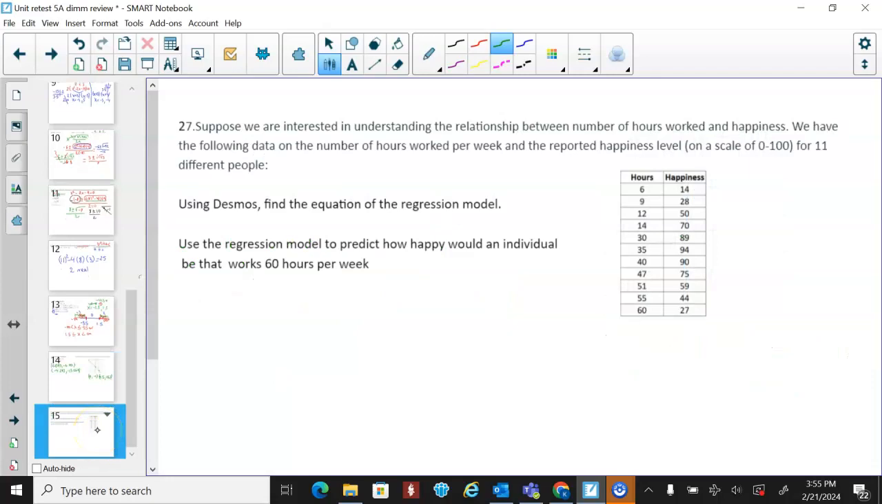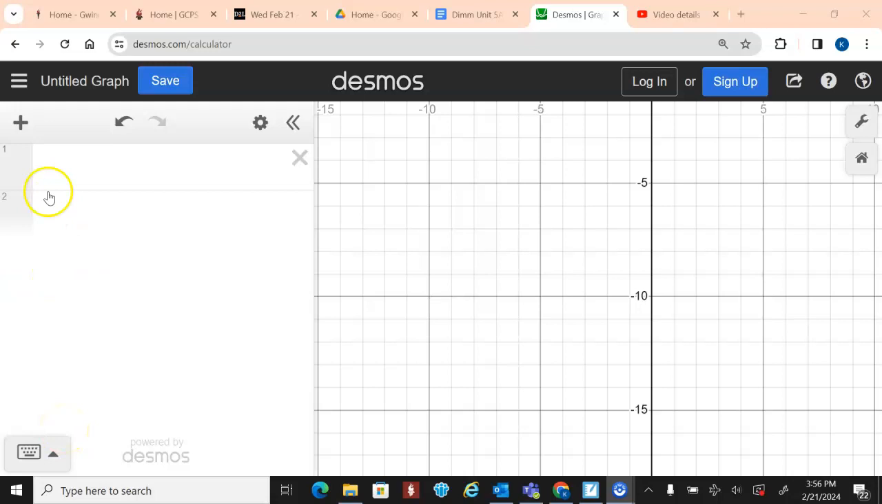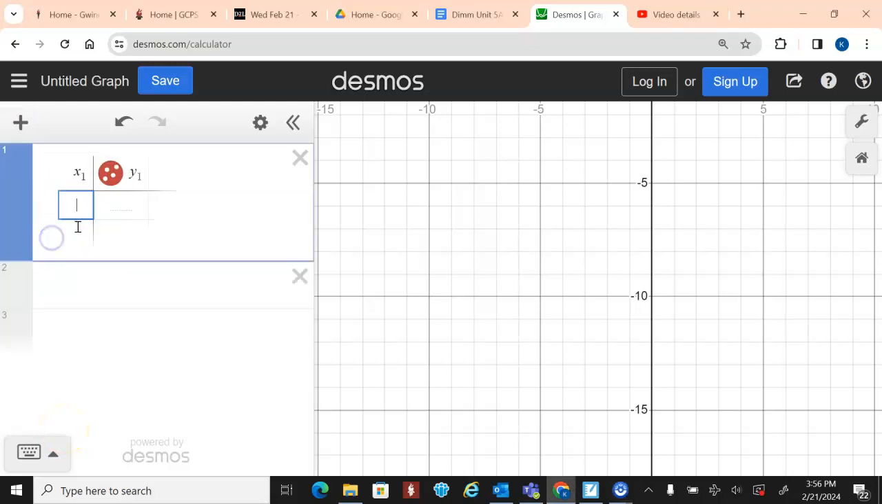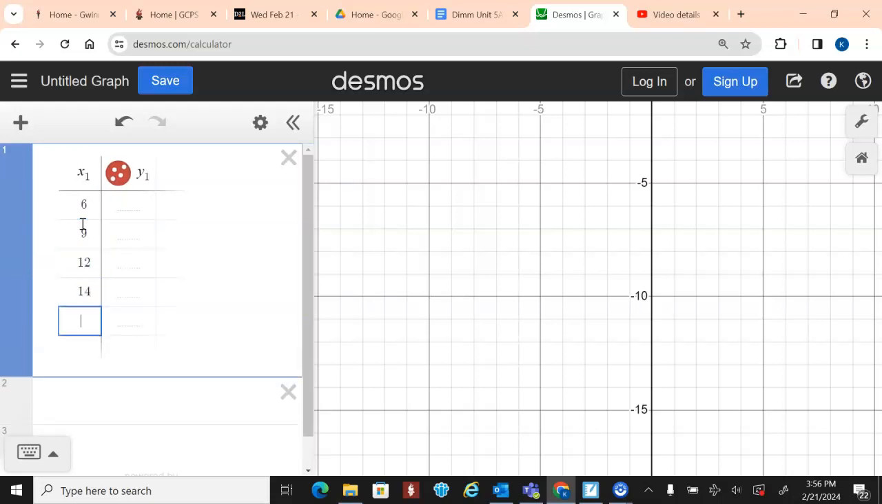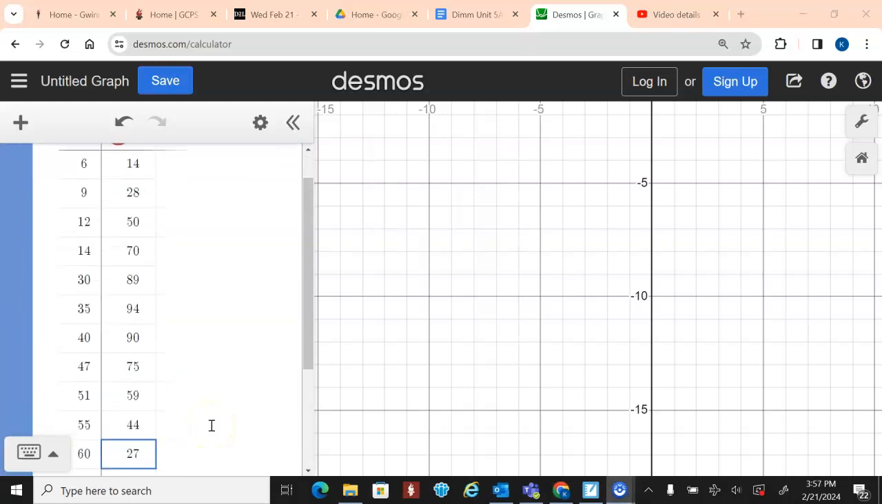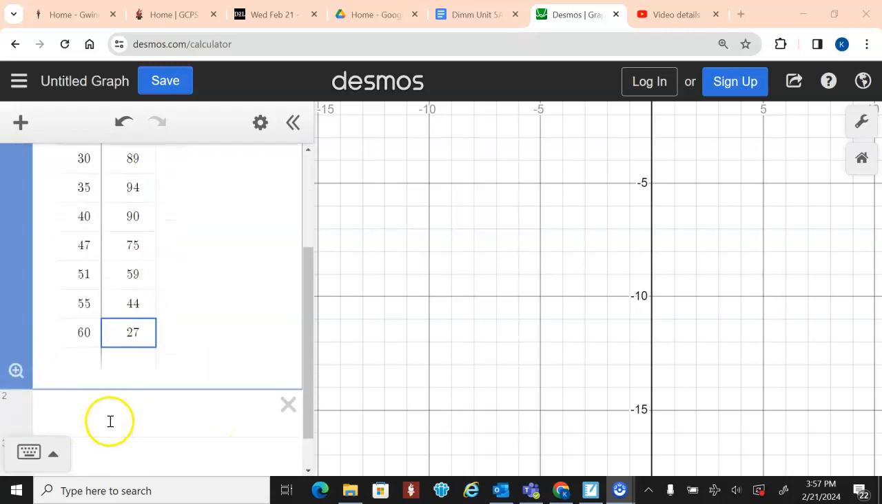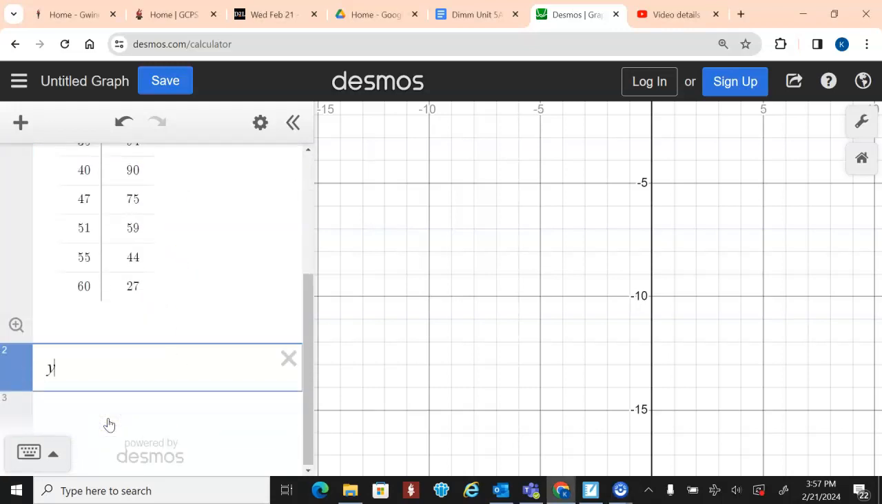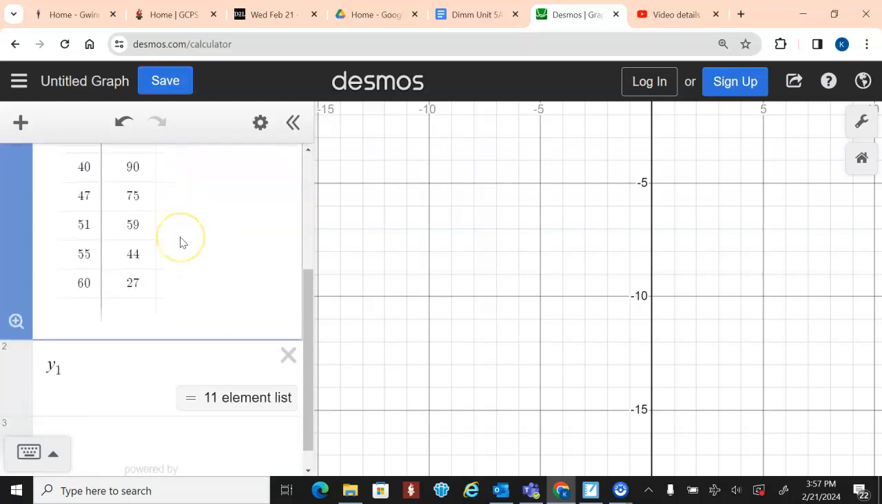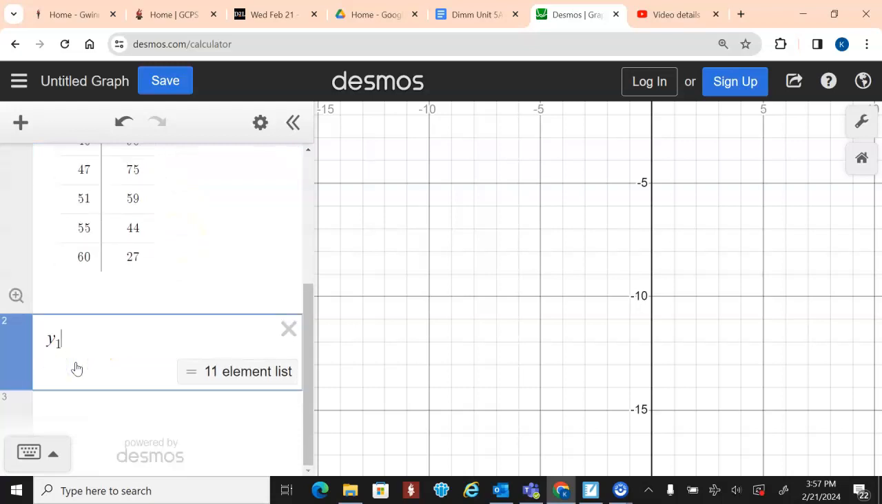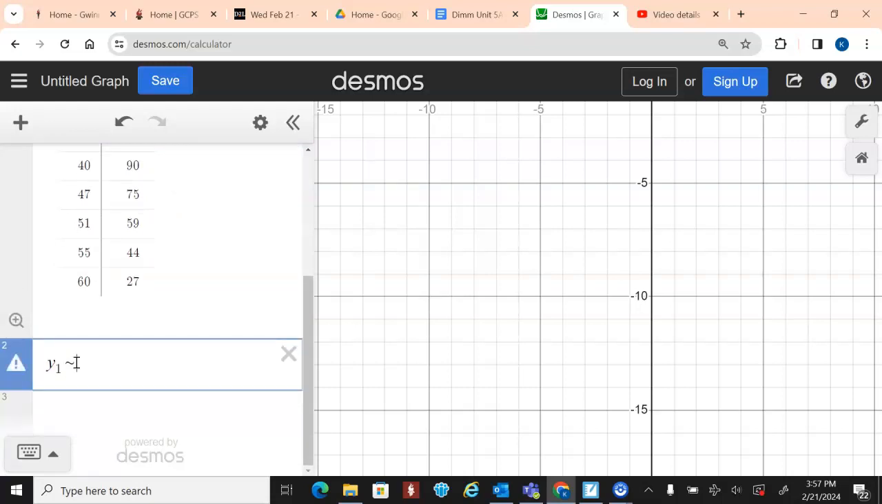All right, and the last question is a regression. Okay, let me graph it very quick. All right, so again, we're going to do the plus and the table. We're going to put the table in. So 6, 9, 12. All right, I put the table in. Okay, it's an x1 and y1 table. And then when I go to the second line right here, I'm going to put y1, because I'm referring to this table right here. Okay, so y1, then a wiggly symbol in the top left corner of your keyboard,